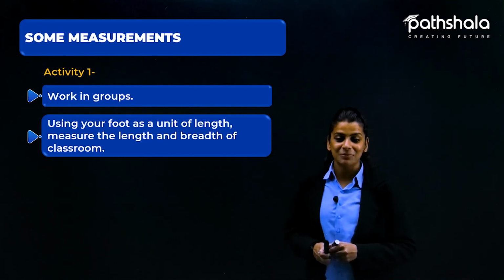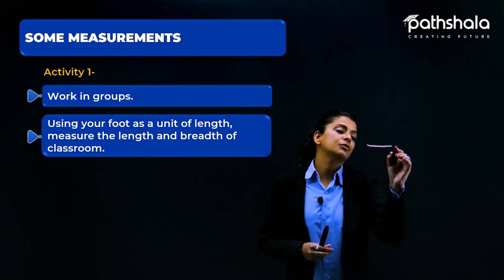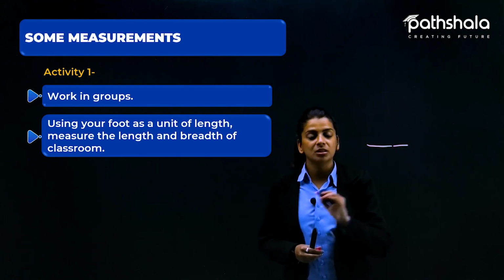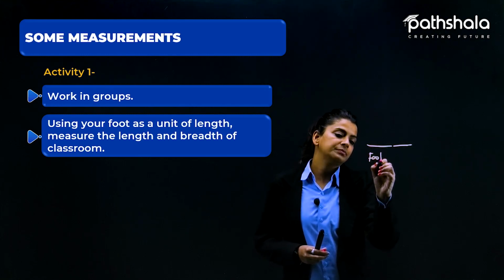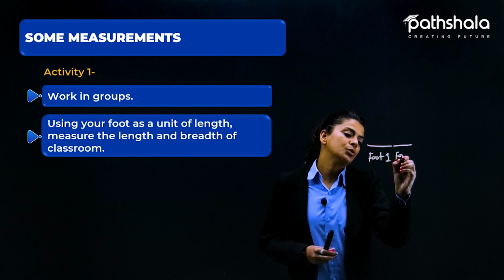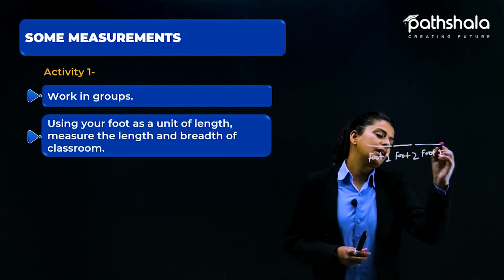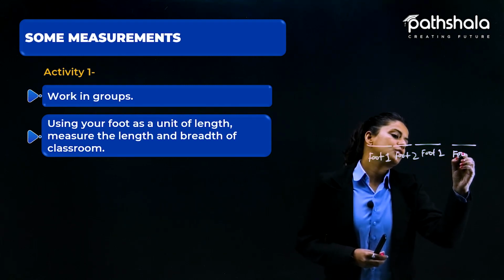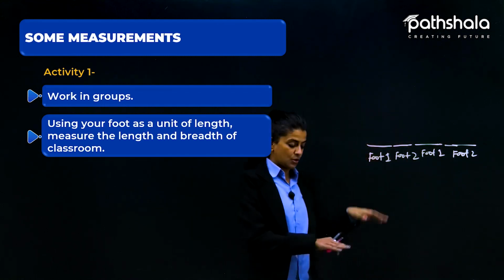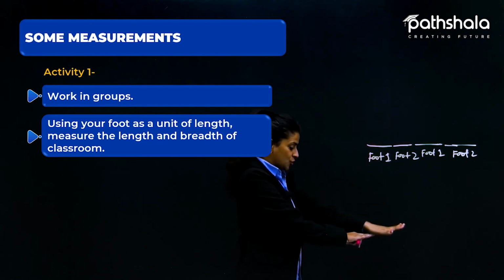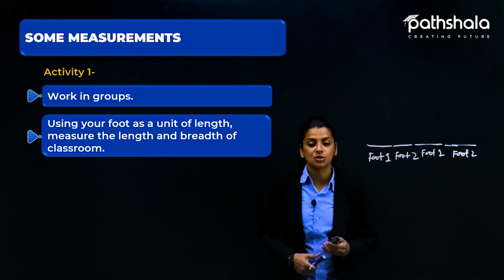Obviously you cannot see my foot. For example, this is 1 foot, and then you have to keep the other foot right in front of it to measure the length and breadth of the classroom. So yes, this is foot 1 and this is foot 2. Likewise, foot 1 and then foot 2. पास में रहेगा. So that is how you measure 1, 2, 3, 4. That is how you have to measure the length and breadth of the classroom, and then you have to